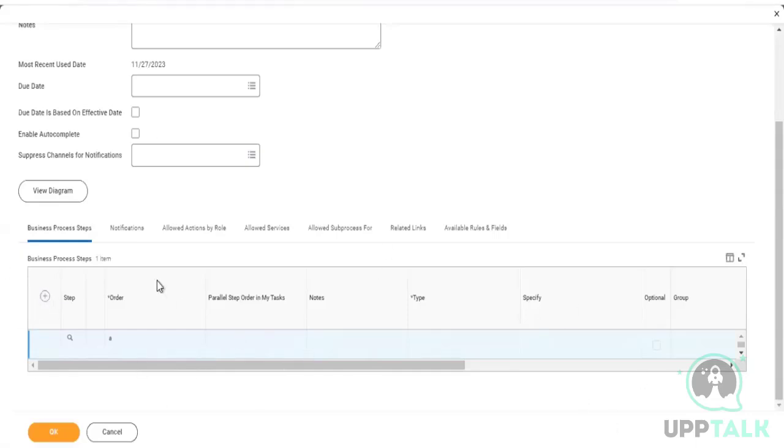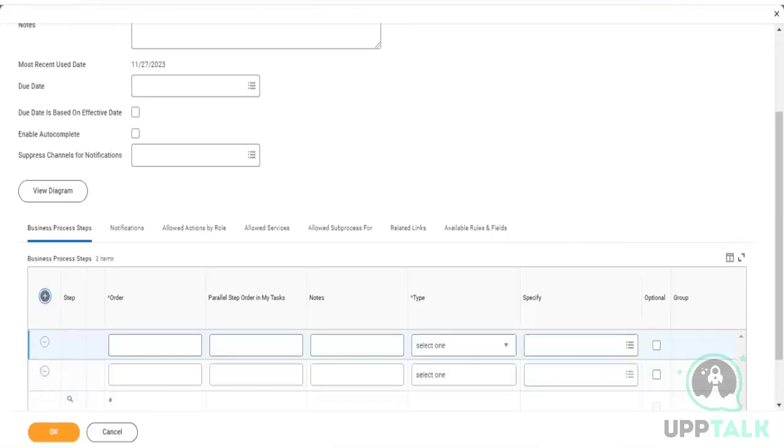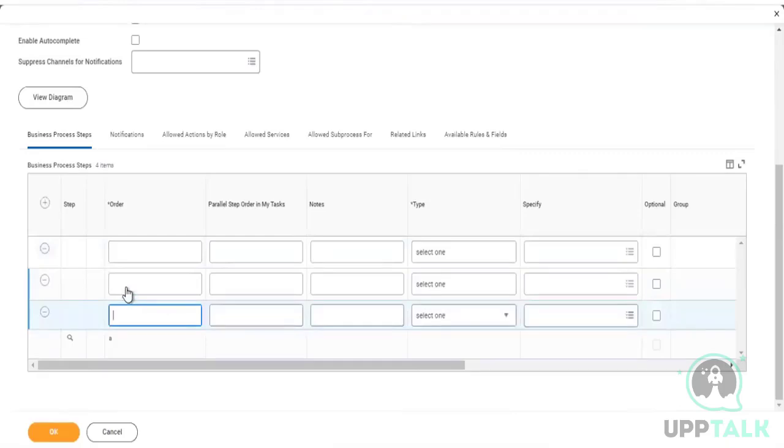So I told you, right? A business process is nothing but a sequence of tasks executing in order. So if you go to the business process, edit the business process reference, you have an option to configure the steps actually. You can configure the steps that you wanted to have. And remember, your order should be the sequence of the execution, or the order of the business process can be like this: